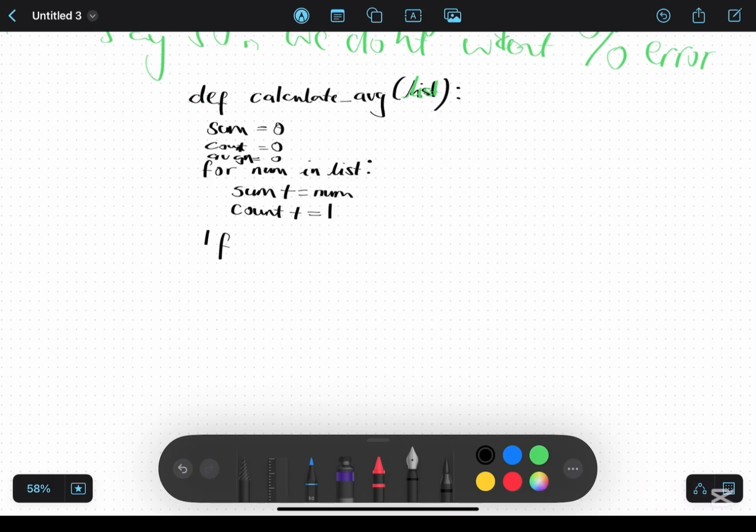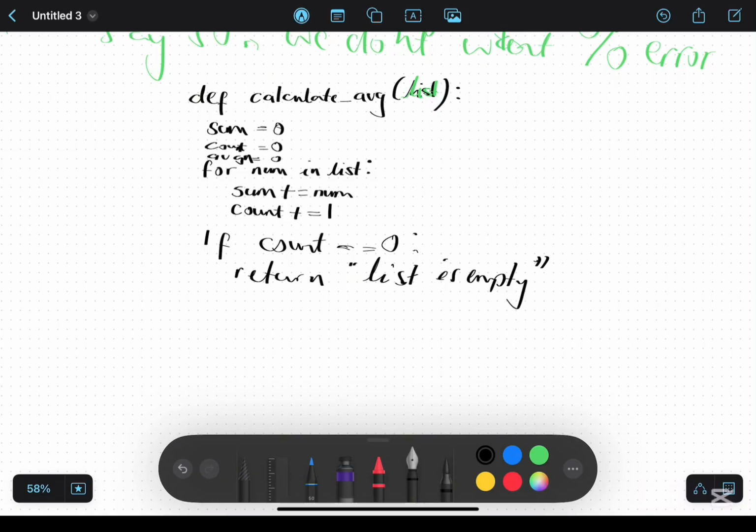After it finishes doing this, we can introduce an if statement where we say if count, we just check the count. If count is equal to, so we have double equal signs there, 0, then what happens? We can return list is empty. Here we can return list is empty, right? Else